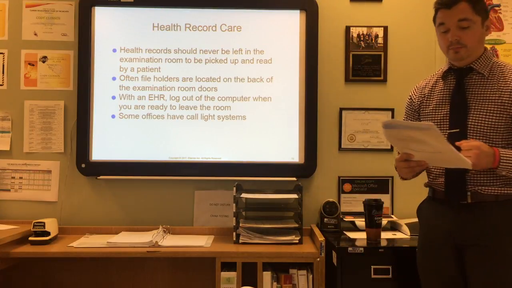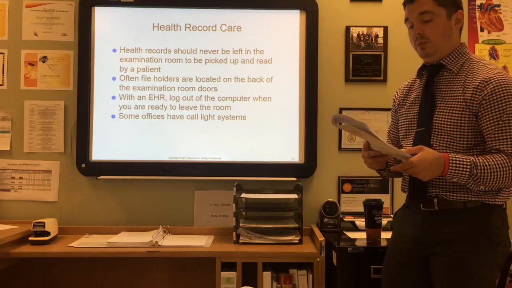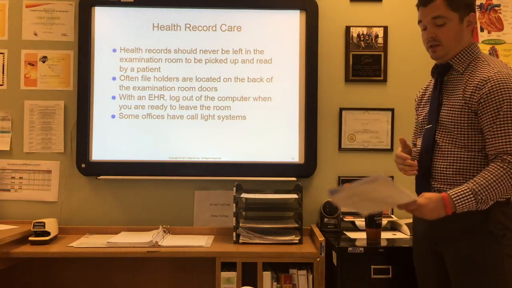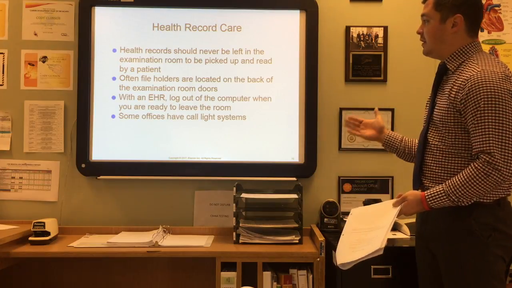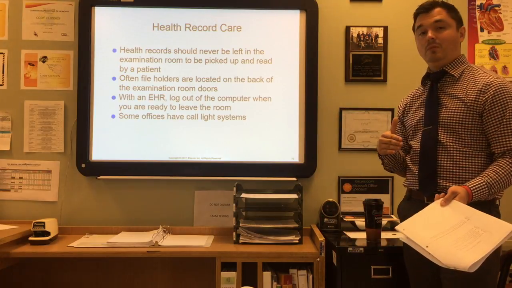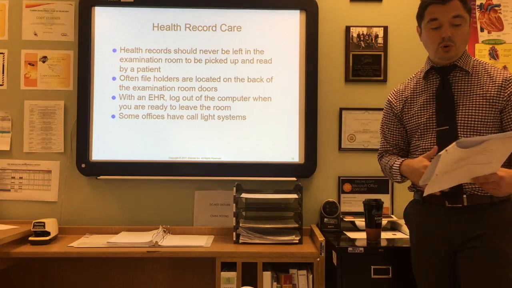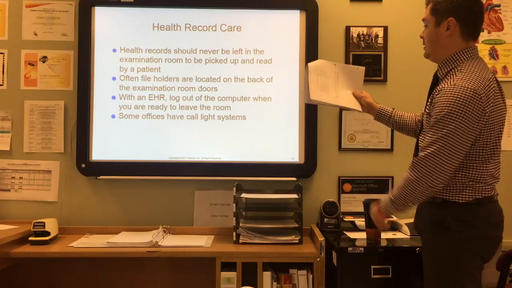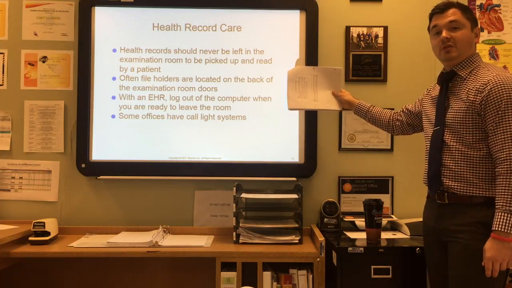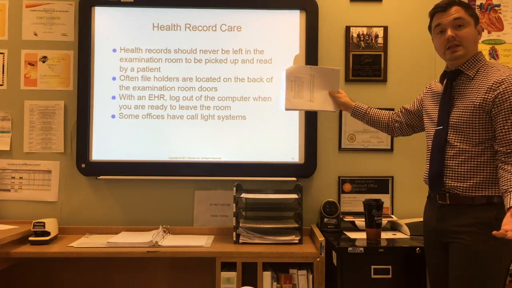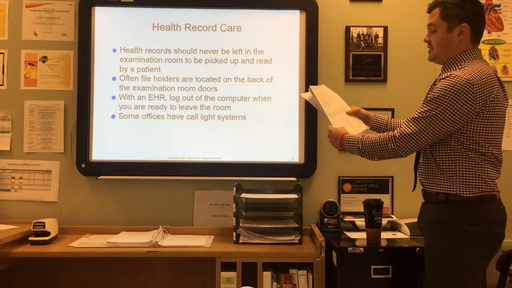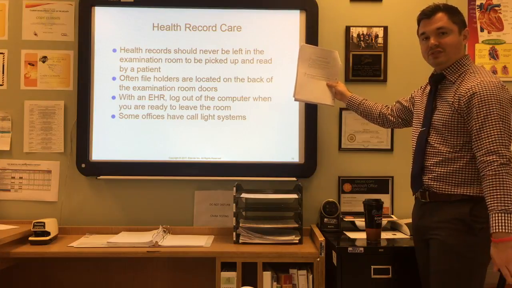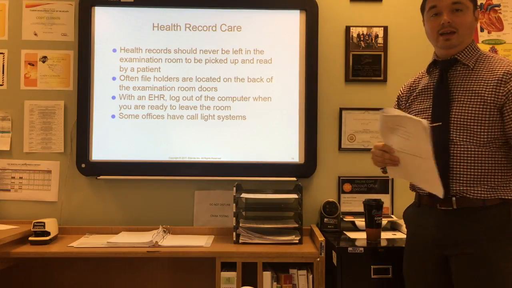Health records care. Health records should never be left in the examination room to be picked up and read by the patient. Oftentimes file folders are located on the back of the examination room doors. So the health record can be placed horizontally in the holder if the patient is ready to be seen. Once the physician has gone in and seen them, the physician will set it vertically most times, as a cue to other office staff that this patient has already been seen